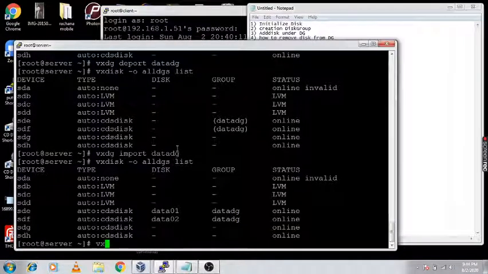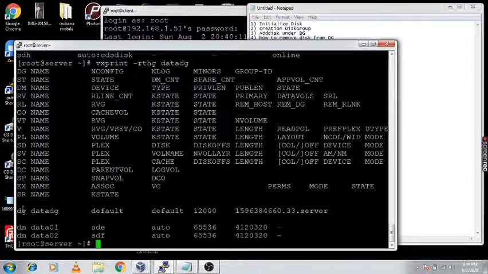Before taking the backup we can check the status using vxprint -rthg dg name. Here you will get all the information using this vxprint command.